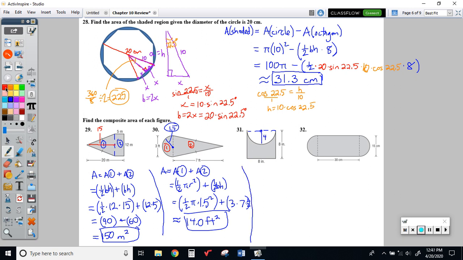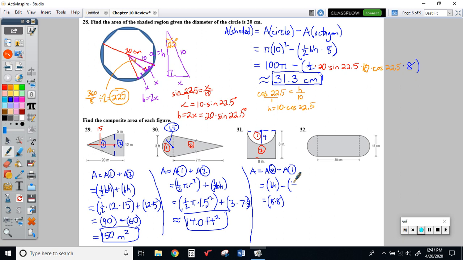So I'm going to say that this now is shape 1, and shape 2 is the whole rectangle. That's what I'm looking at in this case. So the area of this is going to be the area of shape 2 minus the area of that semicircle, shape 1. So we would have base times height would become 8 times 8